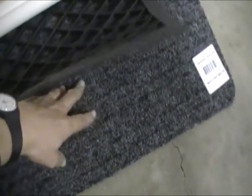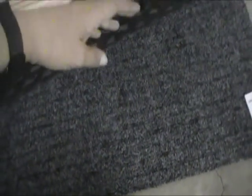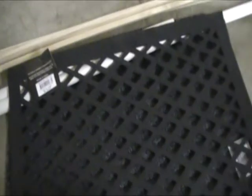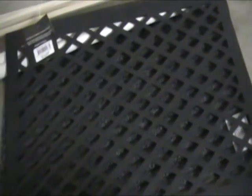Also, just a piece of slightly riffled marine type carpet. And since they had no mesh, I've gone for the same sort of thing but in rubber. So that will be quite interesting to see how that rubber mesh works. Very interesting indeed. And last but not least, I've bought a bilge pump,